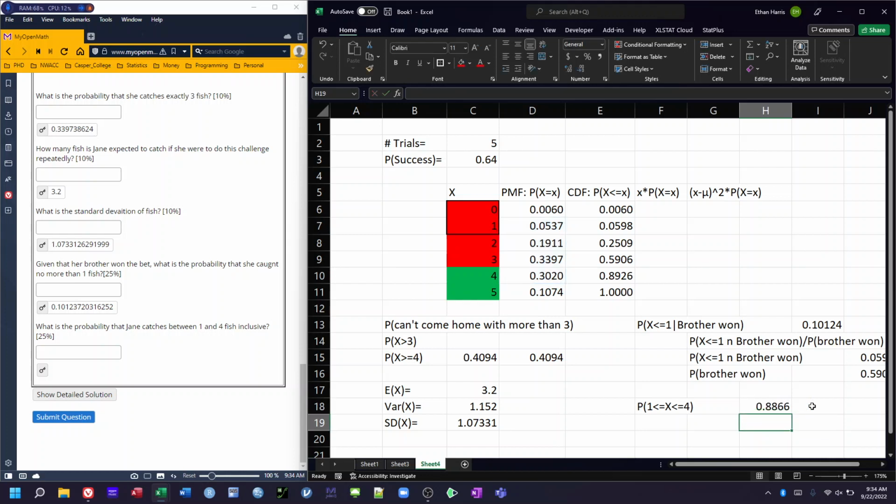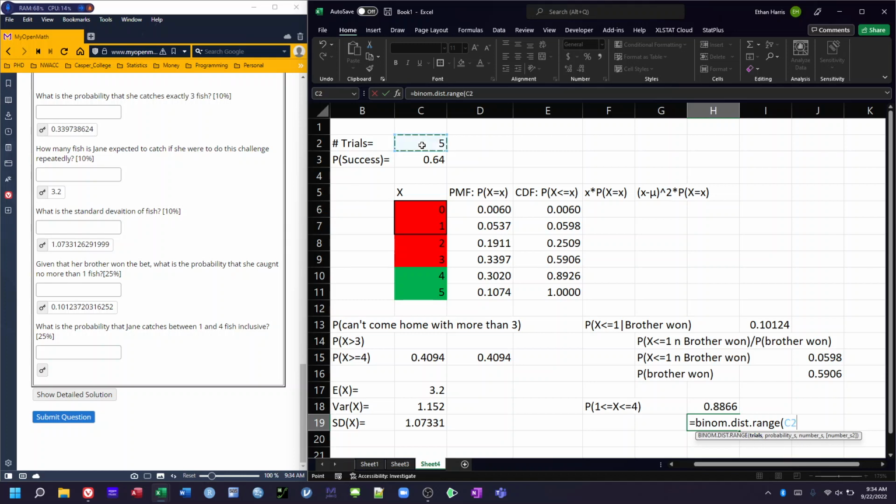And I do that. Now, there's actually a really cool Excel thing that we can do here too. We could just say equals binom.dist.range. And then check this out. It's going to ask, how many trials are we dealing with? Dealing with 5 trials, comma, the probability of success, then the number of successes 1 and the number of successes 2. So I need the smaller one first, and then the bigger one. 1, comma, 4. Hit enter, and bam, it gives you the exact same answer,